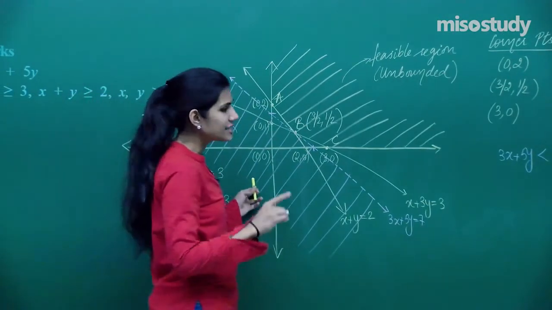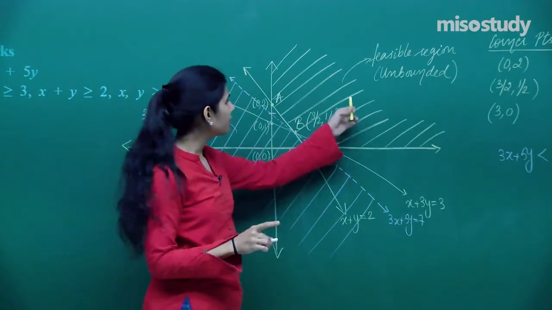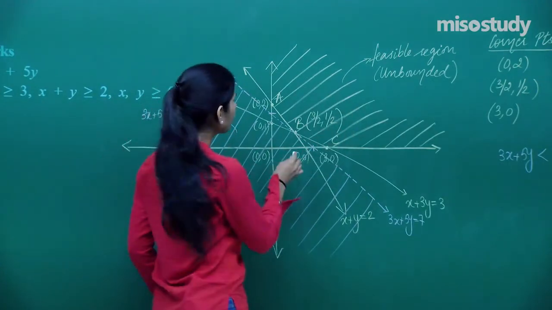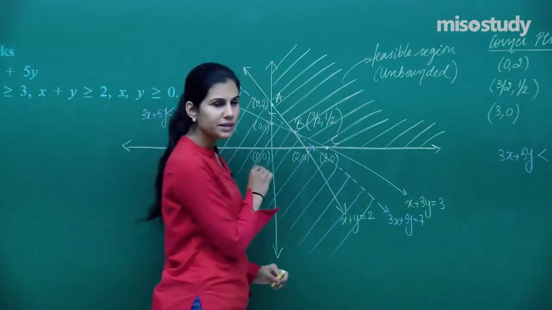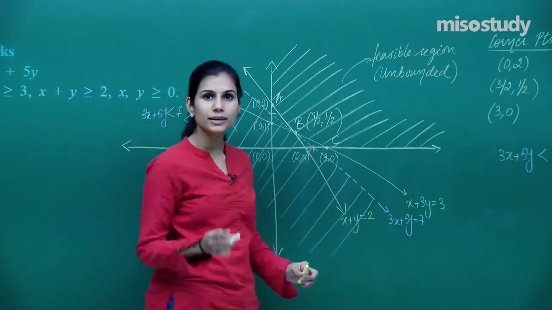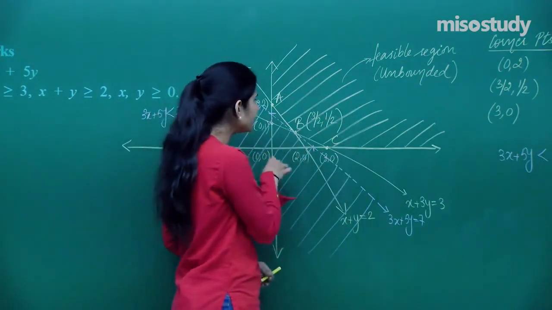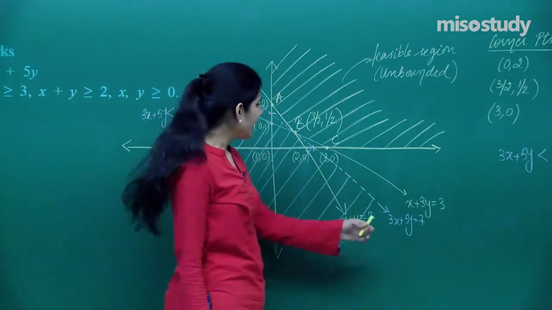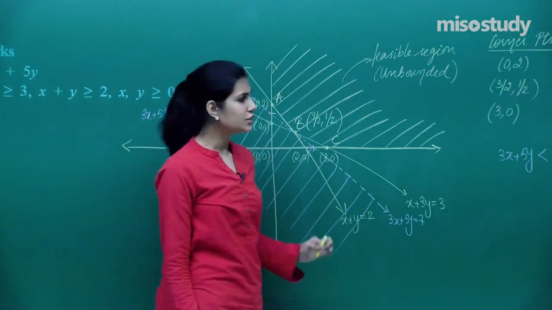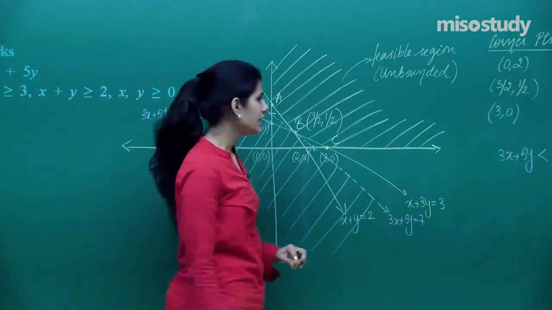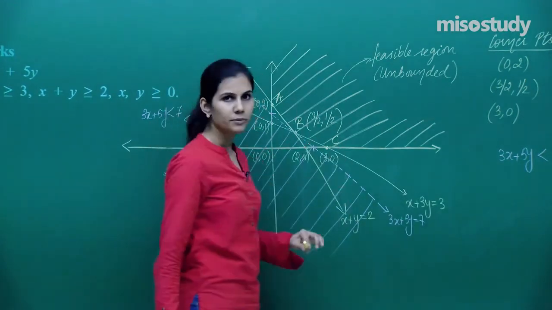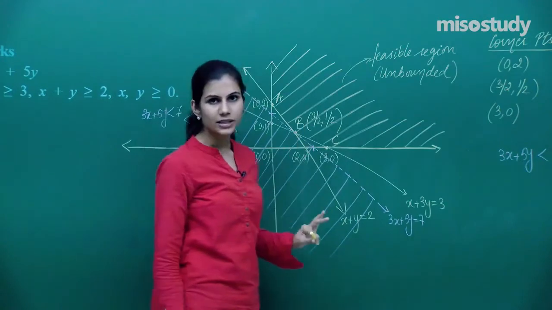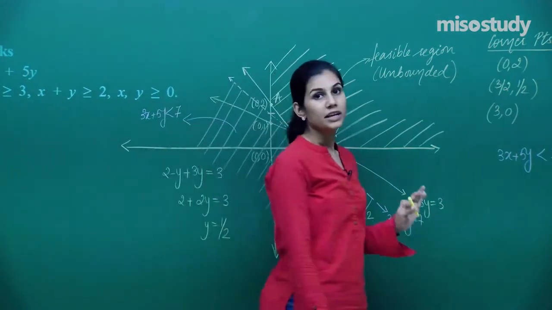Now this region has absolutely no point common with the feasible region. The only point common was seen to be point B, which is lying in this region also, but actually point B is not lying in this region because point B is lying on the line 3x plus 5y equal to 7, and the points on that line are not included in the region of 3x plus 5y less than 7, and therefore there is absolutely no intersection between this region and the feasible region,